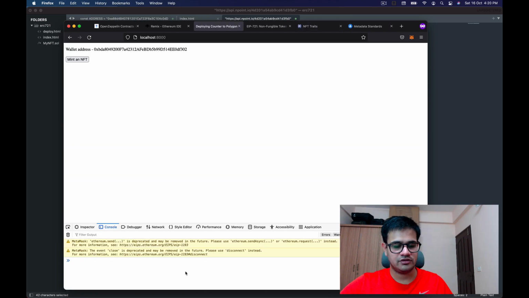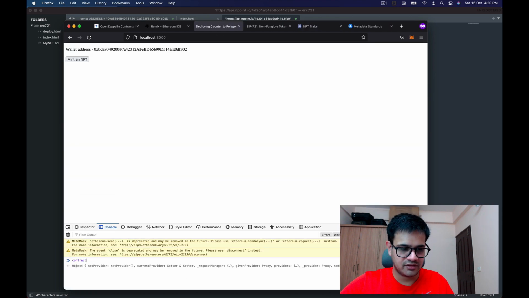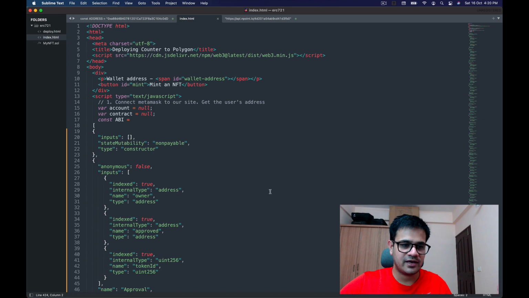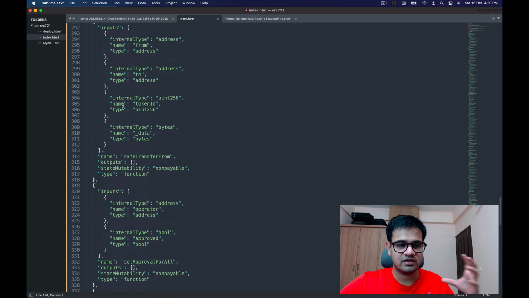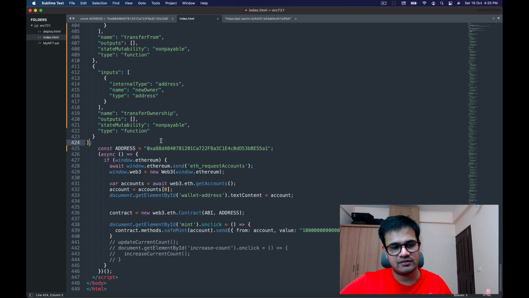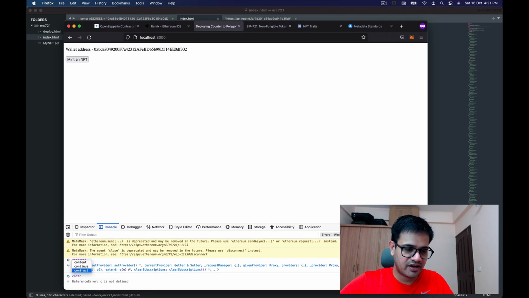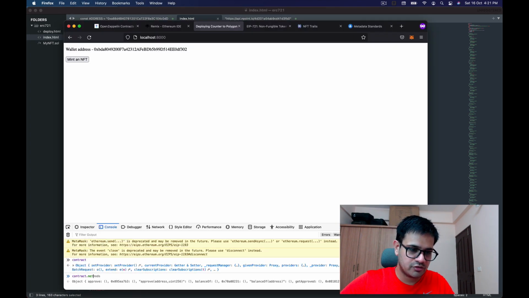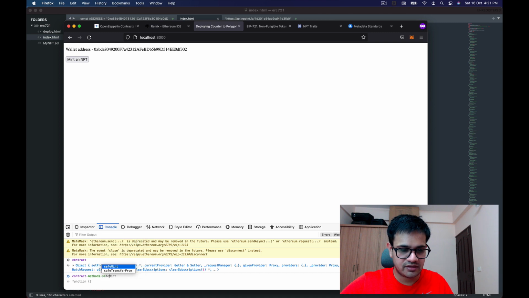So now one thing that we'll see is that we have a contract present over here. This is because I'm using the same code that I've used every time, which basically means once you're connected with MetaMask, it instantiates a Web3 contract object with the ABI and address that we have sent, and then we'll be using this contract object. Let's just ignore the other parts right now. So now that we have the contract object, what I'm going to do is figure out what the methods are that are present, and the one that I'm interested in is called safeMint.